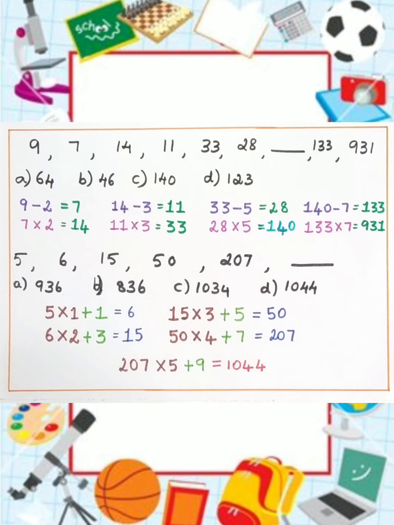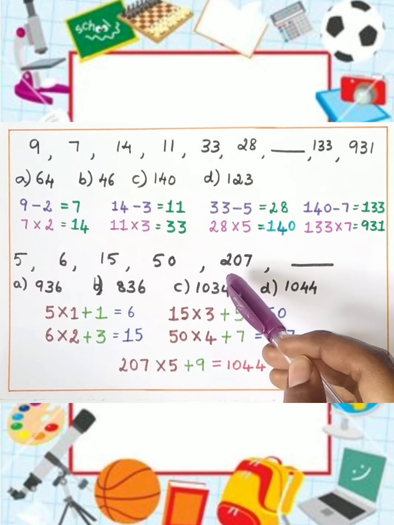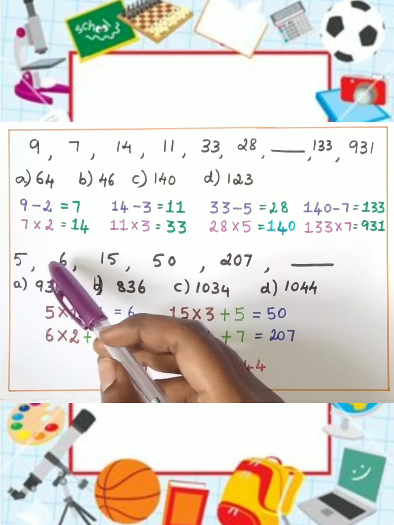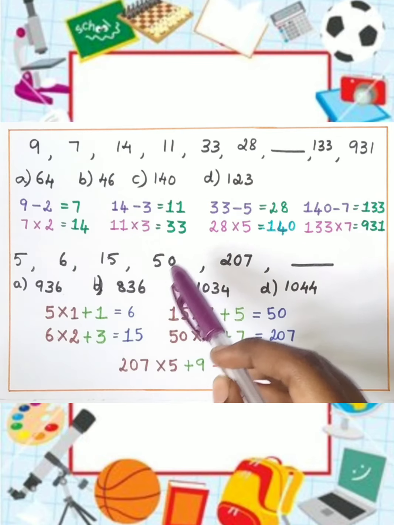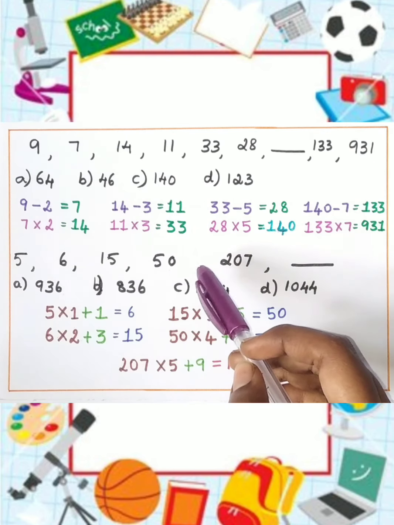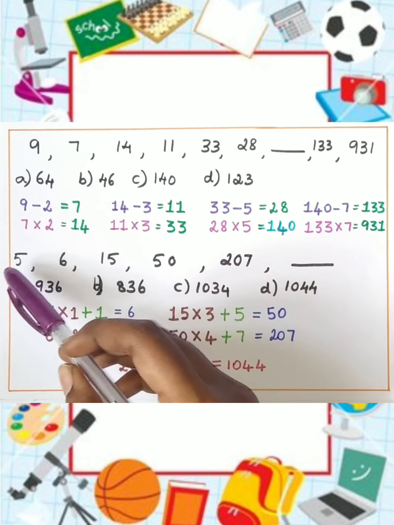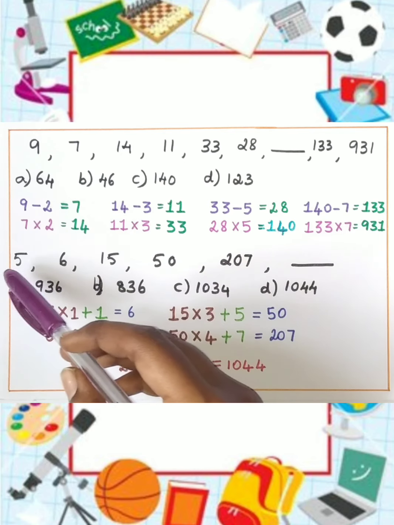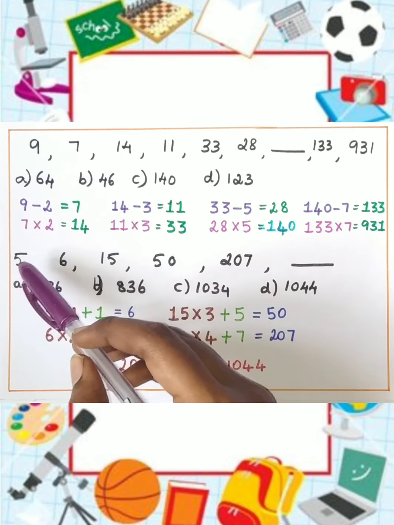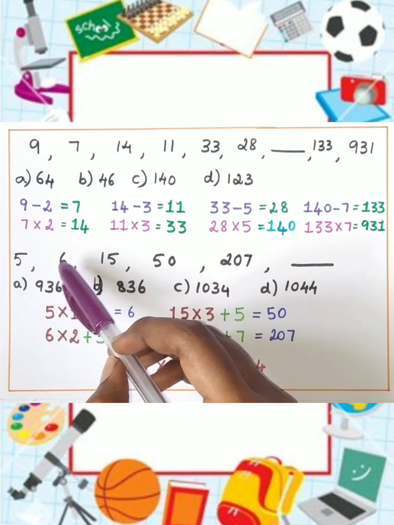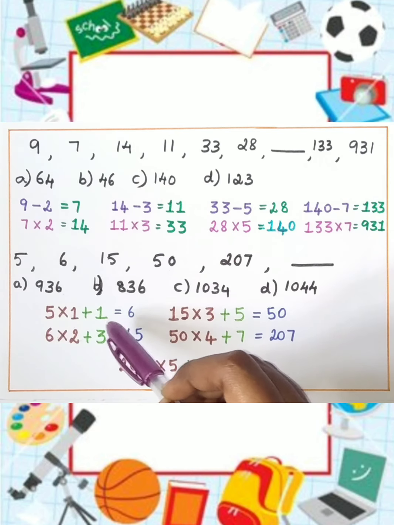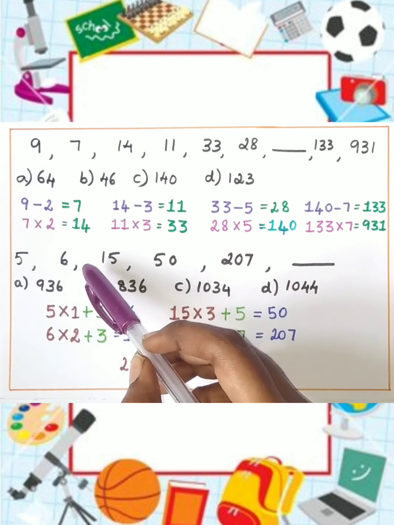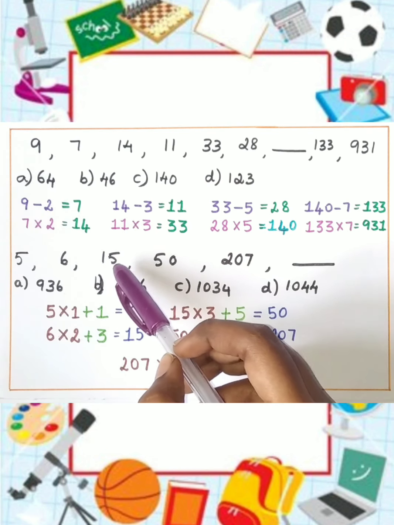Let's solve another question. Observing this number series, we see that the differences are not comparable because here the difference is just 1, but here the difference is more than 150. So we will have to use a rule of multiplying a number with this number, then add or subtract another number to get the next number. So with this pair, we can do 5 multiplied with 1 is 5 plus 1 will give you 6. That is what is represented here. The next one can be like 6 multiplied with 2 is 12. 12 plus 3 will give you 15.